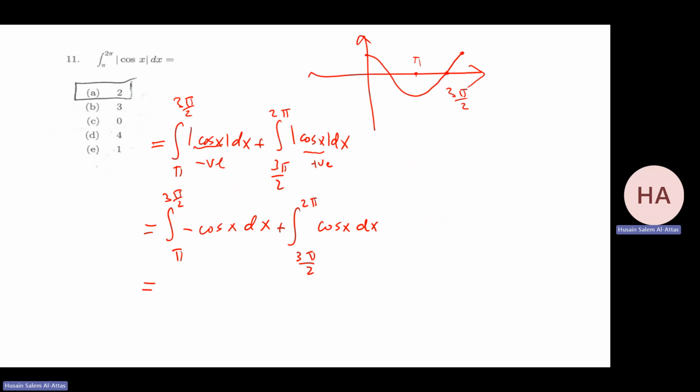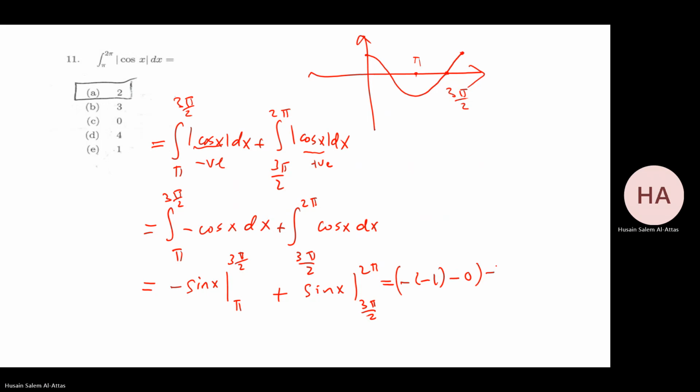What's the integral of minus cosine? That gives me minus sine x from pi to 3 pi over 2. Here I have plus sine x from 3 pi over 2 to 2 pi. What will that be? Sine 3 pi over 2 is minus 1 minus 0, the first one, plus 0 minus 1. So it's 1 plus 1, which is 2. So this is